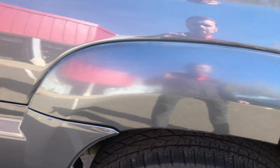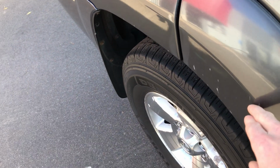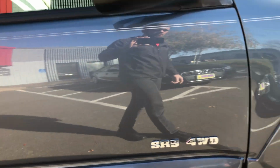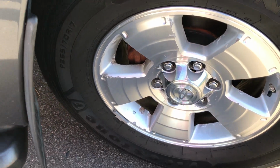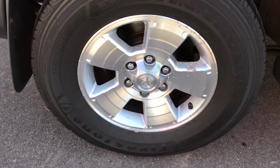This quarter's pretty clean. A little bit of sun wear on that one too. A couple little chips for like door dings here. This door is pretty clean. This fender is pretty clean. That wheel, probably one of the cleaner ones. This one's decent too. It's got a little bit of the flaking you can see, but